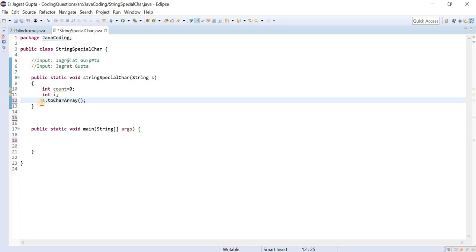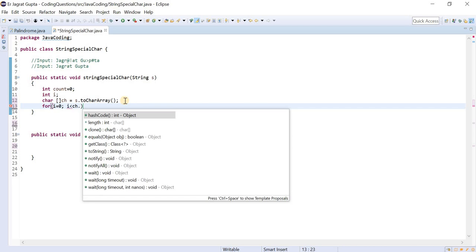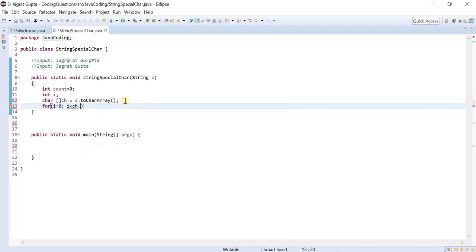So this is our character array, ch. Now the next thing, I will apply a for loop: int i is equal to 0, i is less than ch dot length, and i plus plus.